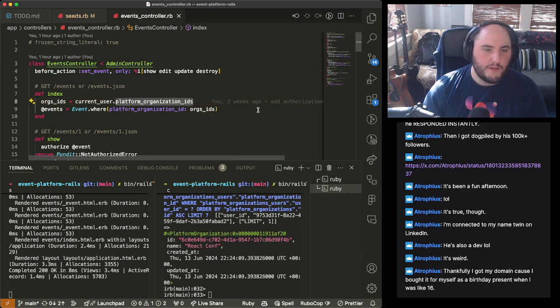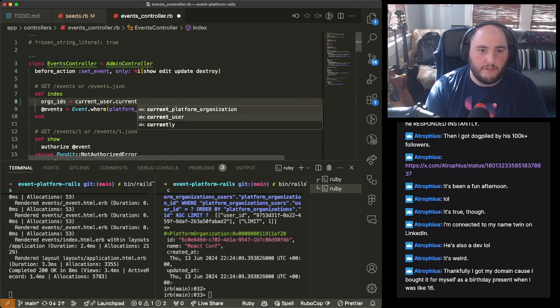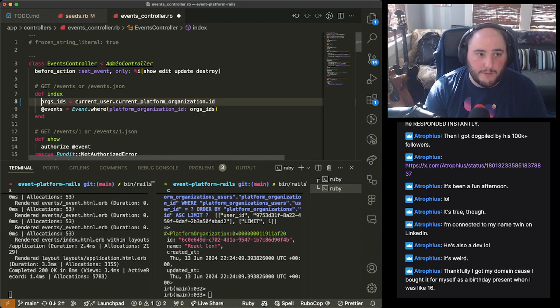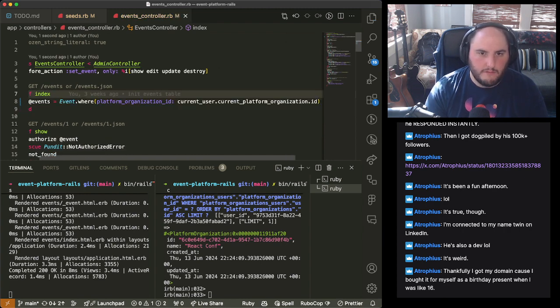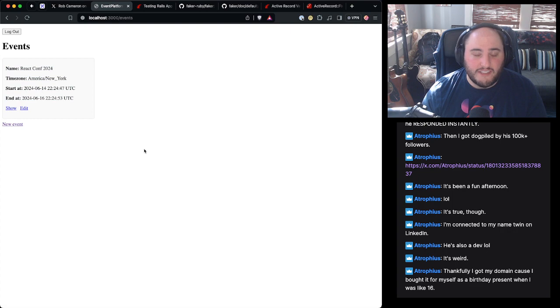So what I could do instead is current user dot current platform organization, and in this case it's just going to be an ID, and we could just pass that exact line here, not happily, but we'll put it there. And what we're going to see when we refresh, we only get React Conf. Great, this is what we wanted.